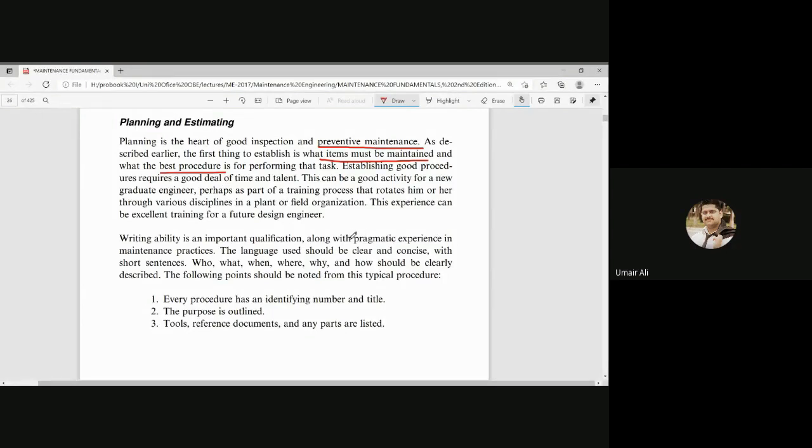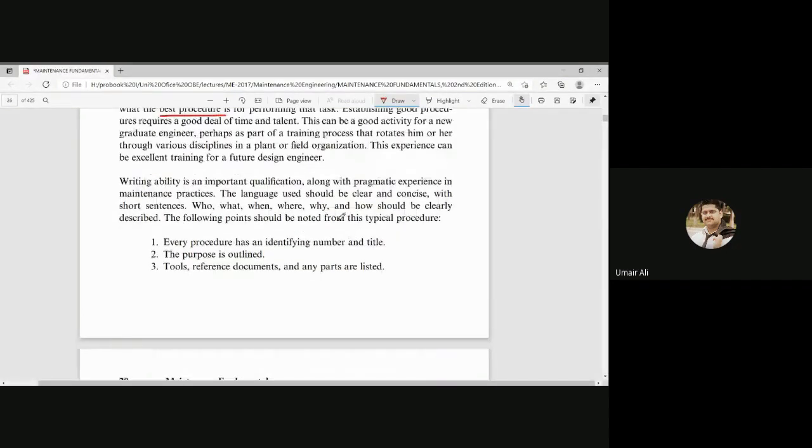Other than that, you can read all the explanation that is written here. I'm going to go towards the point. With short sentences, you are going to design or plan. Who is going to do it? What is going to be done? When is that going to happen? Where is that going to happen? Why and how? These are, I think, 1, 2, 3, 4, 5, and 6. Your planning and scheduling is going to comprise these 6 points: who, what, when, where, why, and how.